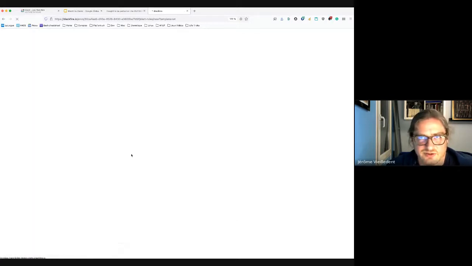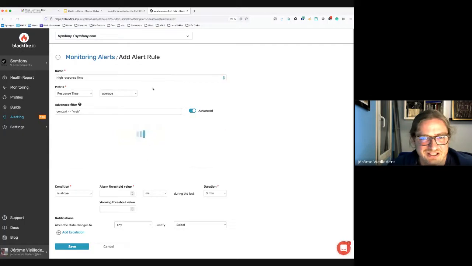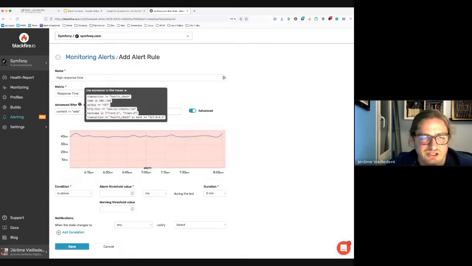Nice. This is the demo effect. Yeah, you can filter using an expression language, which is actually the Symfony expression language, using the transaction name or the HTTP code or the host name. So if you're using load balancing and stuff like that.